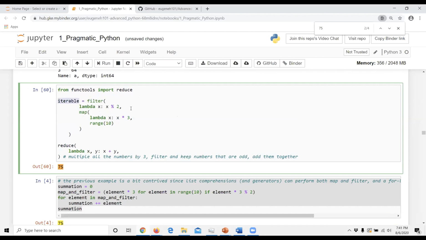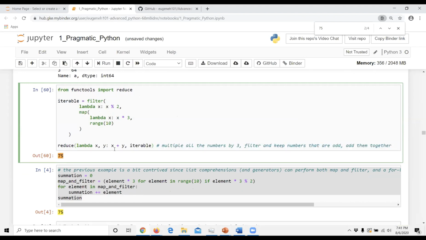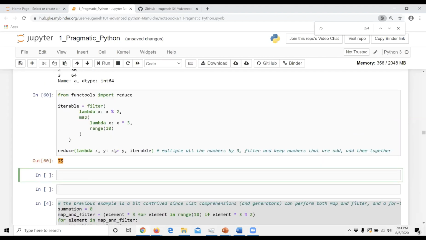So the second argument of reduce is just an iterable. It could be a list, it could be a tuple, it could technically be any iterable. It could be a string, it could be a dictionary, it could be a set. Let's see. I mean, it could reduce anything. Got it. I just didn't see it, so it was actually a comma.